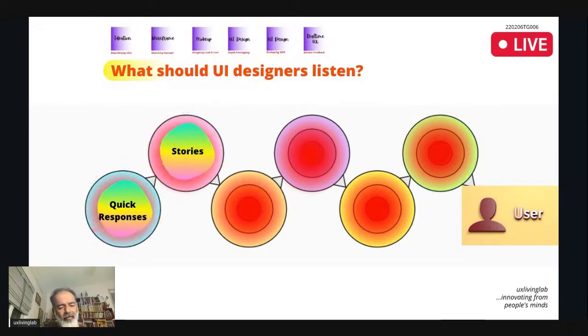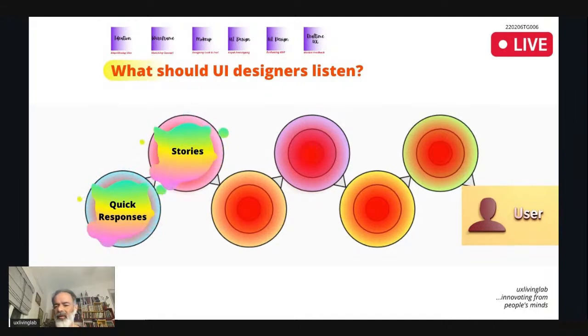Second stage is, from those immediate responses, develop. The user has to develop, not the UI. The user has to come to stories. Stories means their experience. Maybe using other products, maybe reaching the same objectives, their experiences that come up like stories. So quick responses, then users have to present their stories. The UI designer has to listen to the stories. So they had different stories to say.